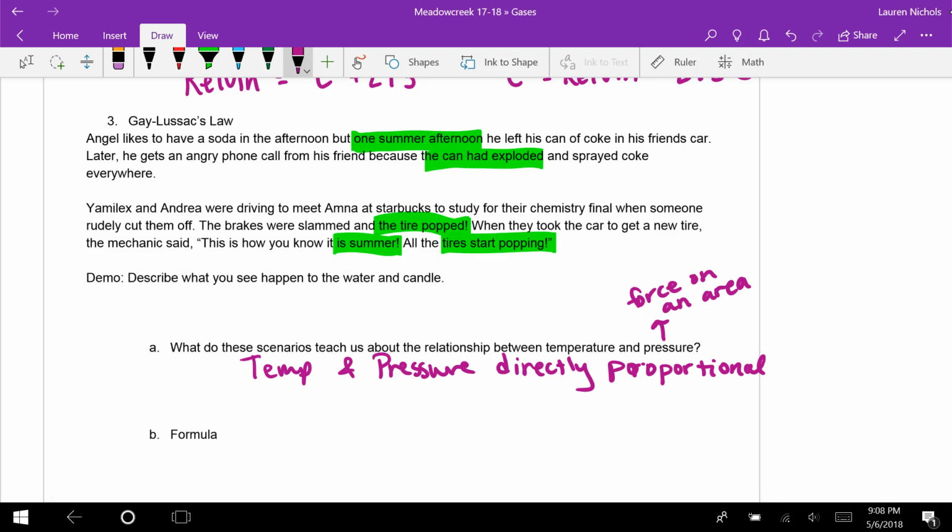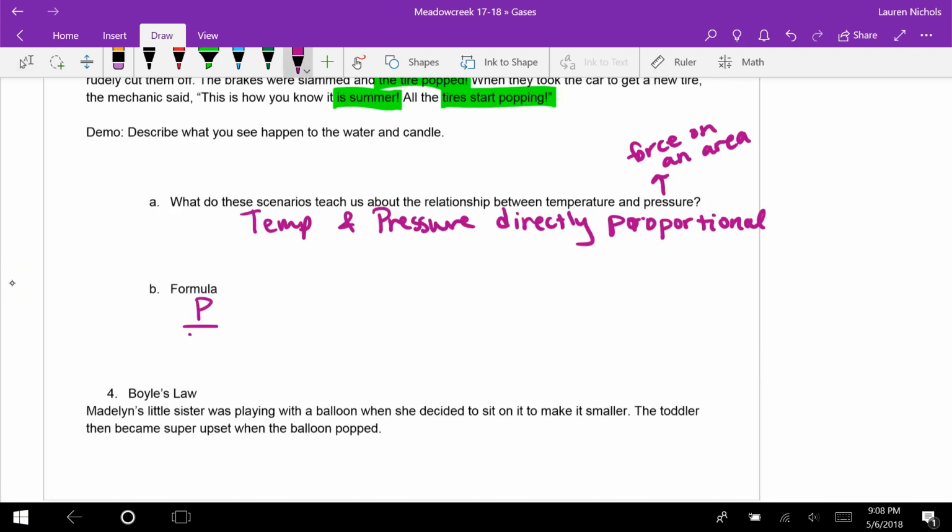And so this gives us a formula. It looks very similar to the one for Charles' law, where pressure over temperature is equal to K, this constant. And so if we're looking for how to determine the change, P1, or the first pressure, divided by the first temperature is equal to P2 over T2, where again, 1s are your initial values, 2 is how it changed. And so that leads us to the fourth